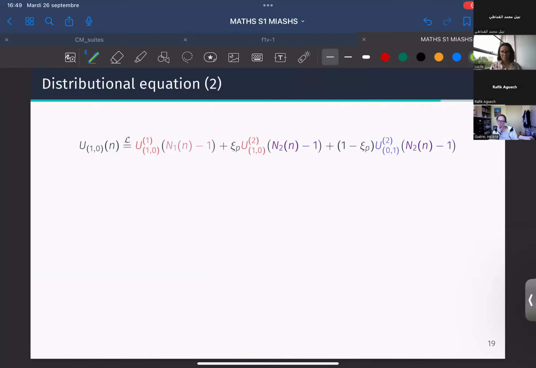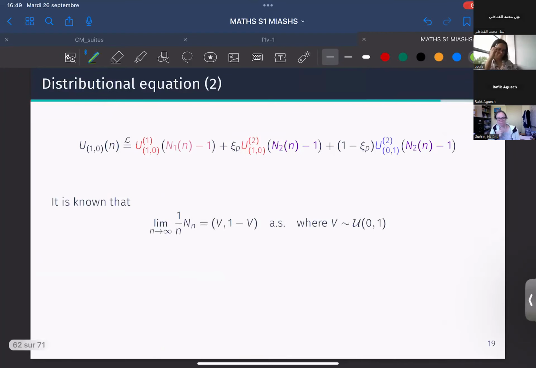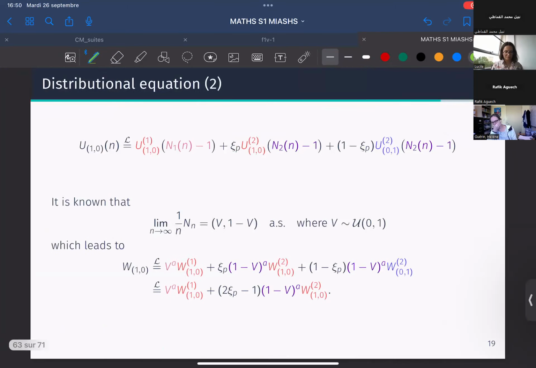Okay, so this is the same equation as before. And then we use that, we know how this behaves, because I said that this is the time and that this is the number of balls on each side, and that behaves like a basic polyurn. So the asymptotic of the process is known, and thanks to that, when we use the convergences on both sides, because the convergences are almost sure, so we can do so. Then we find this